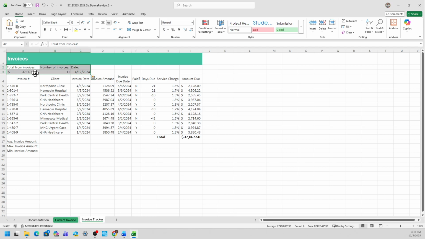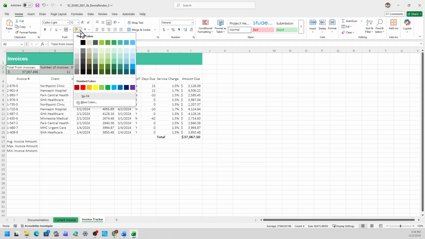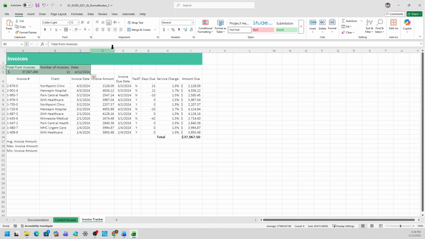And select this first, and then you can change the shading. So the shading is this fill color. Okay, select the drop down menu, and then 7 columns, 2nd row, 1 2 3 4 5 6 7, 2nd row. Hover over to make sure it's the right color, green accent 3 lighter 80%.